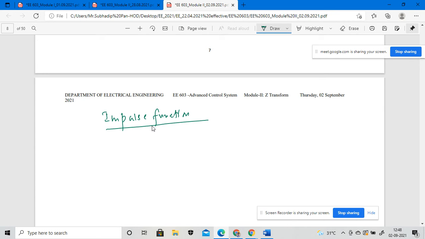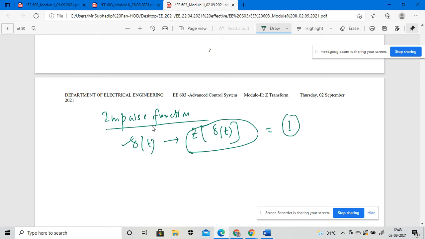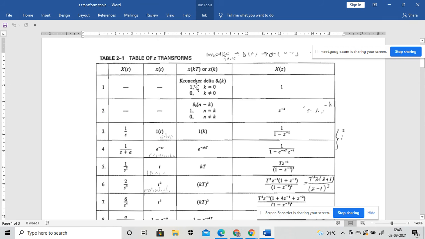In case of an impulse function, we are considering the impulse function like del t, right? So if I am doing the z transformation of del t, you keep in mind that if I take the z transformation of this impulse function, it will come 1. So that will show in this graph. The values of del 0 k, that means del k will vary from 0 to infinity. When the k value is equal to 0, that will be 1. When k is not equal to 0, it will become 0.